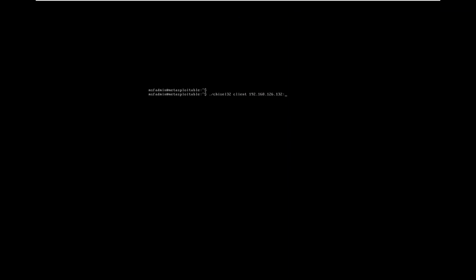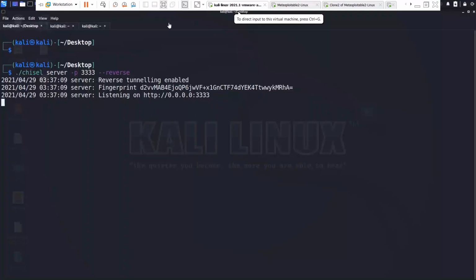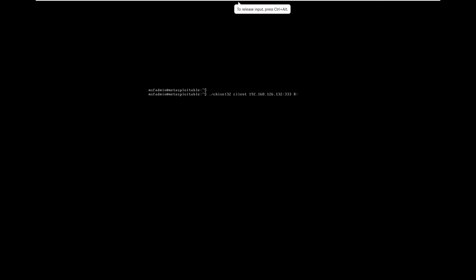Let me run chisel client 3333. After connecting, I need to say R colon. R means reverse, and you can also specify the IP address of our Kali Linux machine. In the Kali Linux machine I want to open the port 4444 colon.